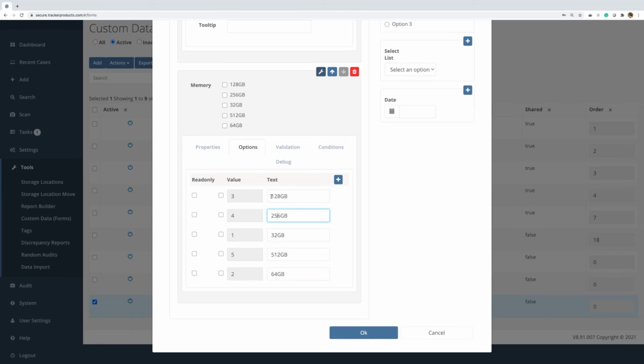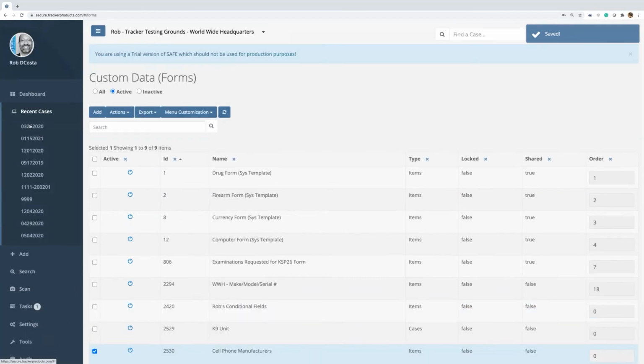Another thing, these aren't showing up in order. All right, because of the numbering, the way it's laid out. So let's try this. All right, click OK. Now let's go back to our case